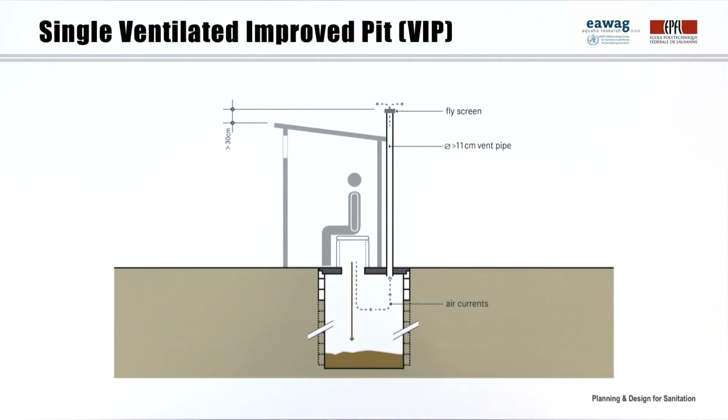For an effective ventilation, the top of the pipe should extend at least 30 centimeters over the roof of the superstructure. The vent works best in windy areas, but where there is little wind, its effectiveness can be improved by painting the pipe black and exposing it to the sun. The heat difference between the cool pit and the warm vent creates an updraft that pulls the air out of